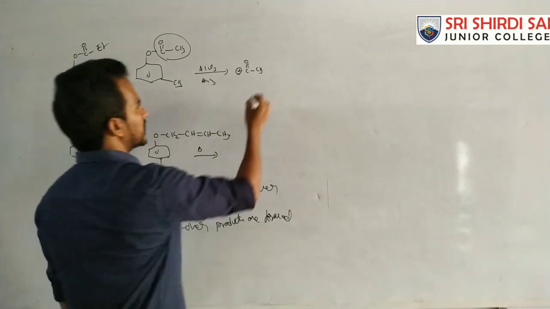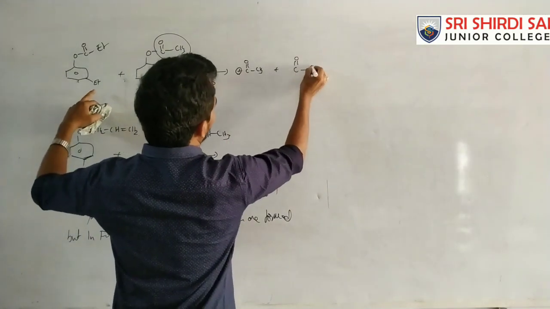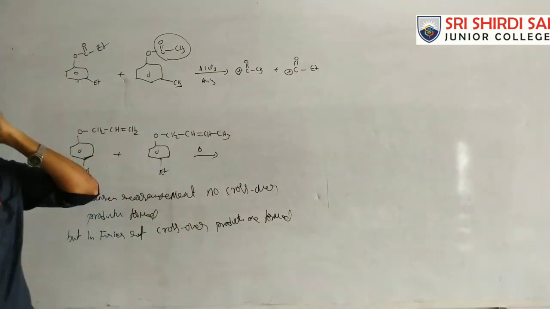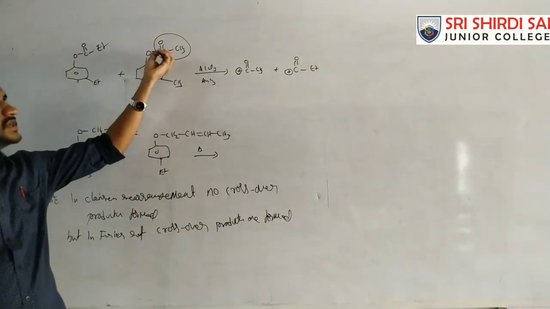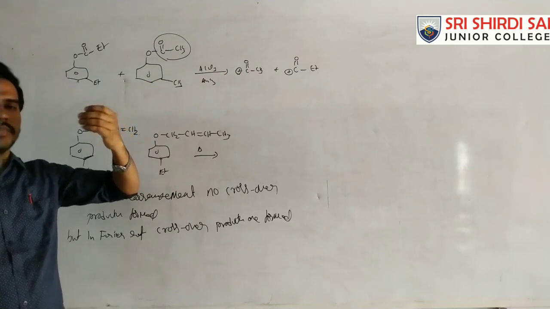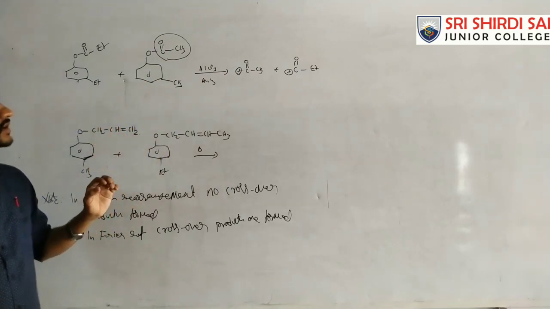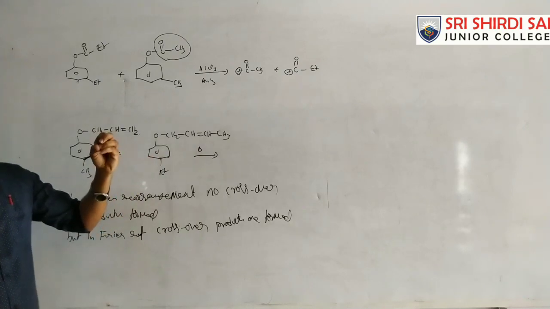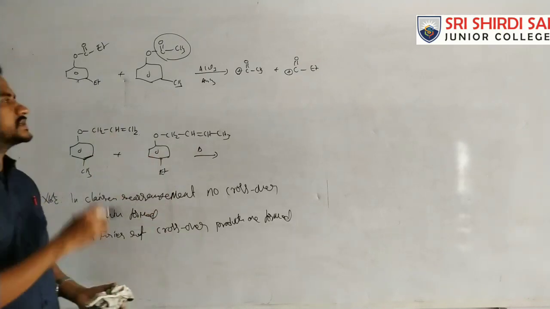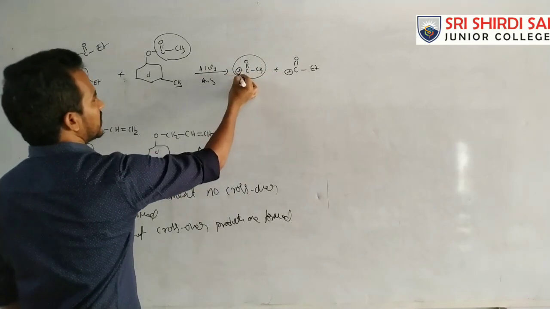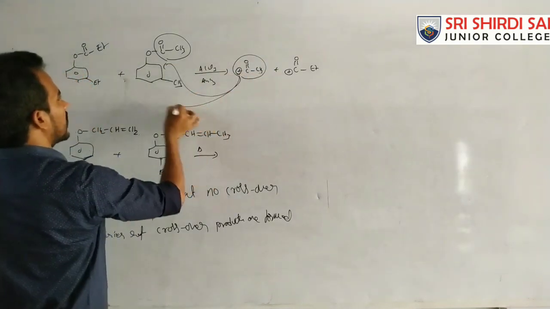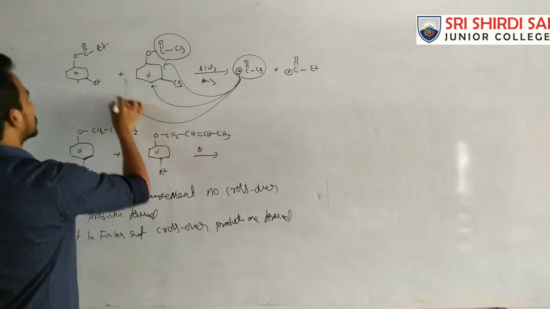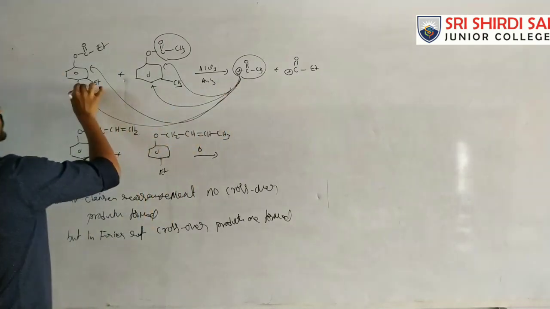COCH3 electrophile forms. Next, the C double bond ethyl electrophile forms. Generally, in this case, that COCH3 part is completely departed. It comes out completely. After it forms, that electrophile attacks at the ortho position or para position on this ring.